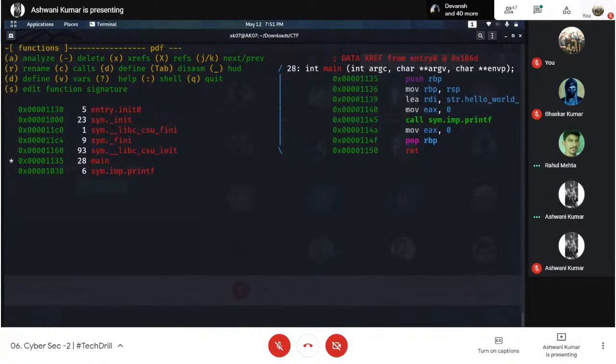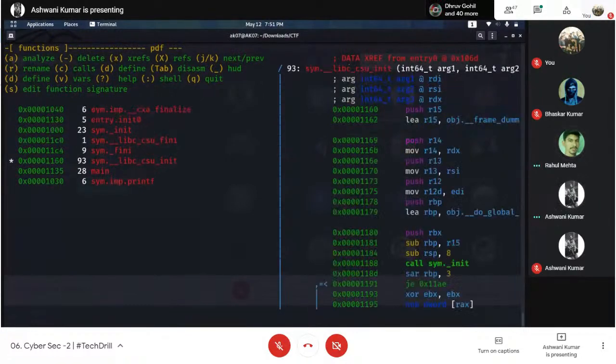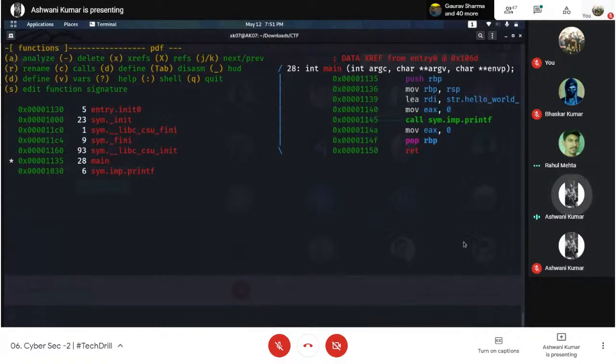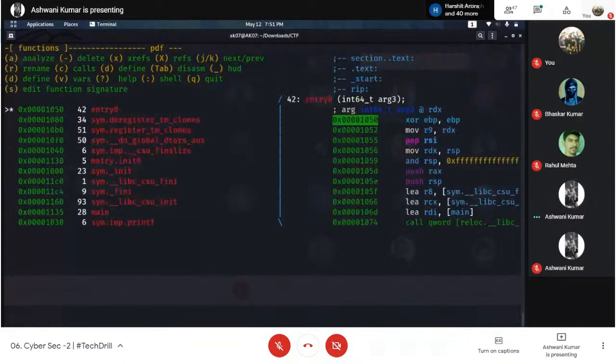In the main? Are you sure? I'm not getting that in the main. So explore around. Calling upon this print function, I'm just saying.